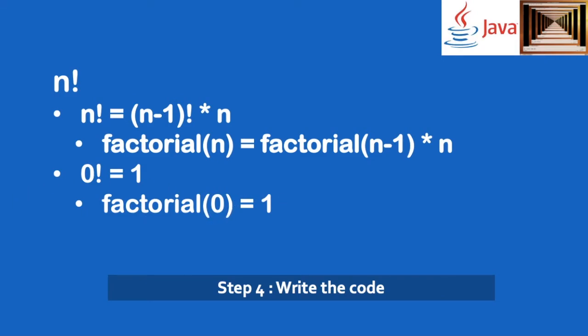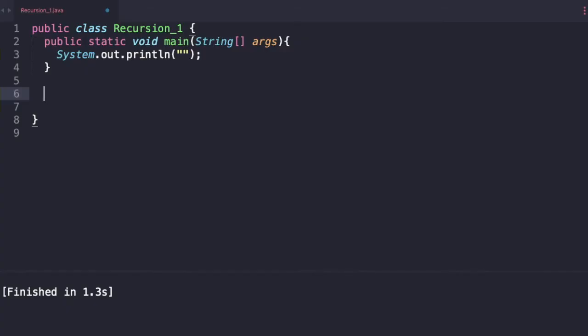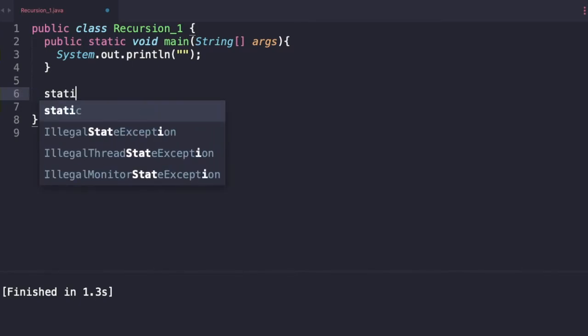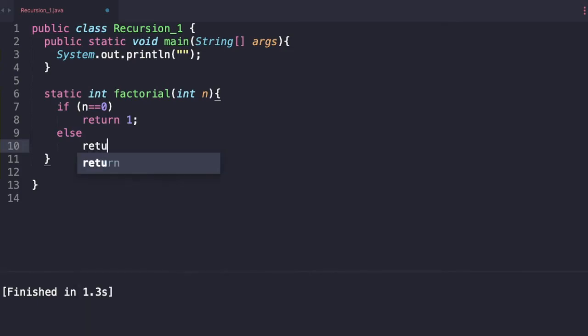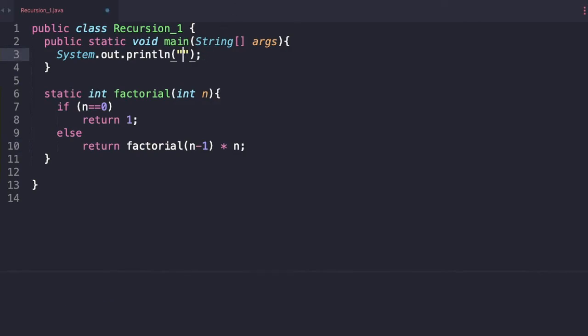So now that we have been able to break it, let's go to our step 4 and write the code. So let us define this function static int factorial. It takes a parameter n. Now what is our base condition? If n is equal to 0, return 1, else return factorial of n minus 1 into n. That was our generalized condition. And let's say 5 factorial is equal to